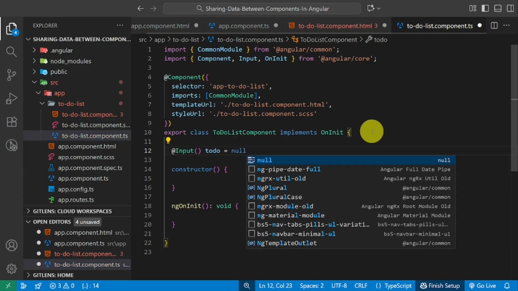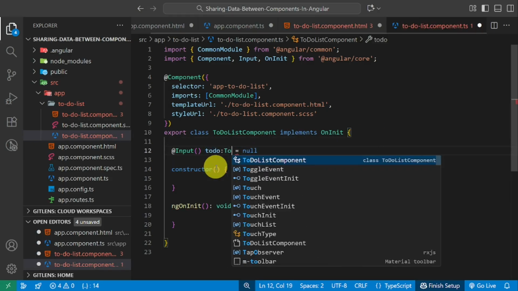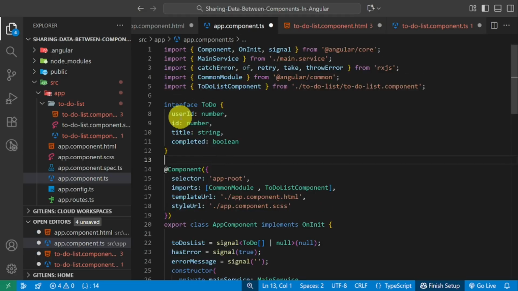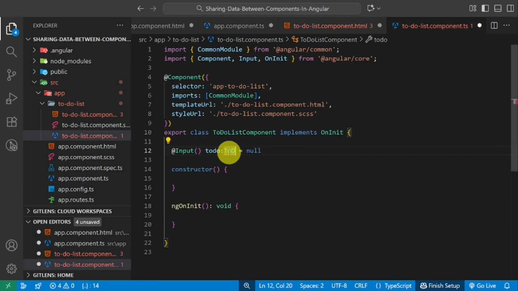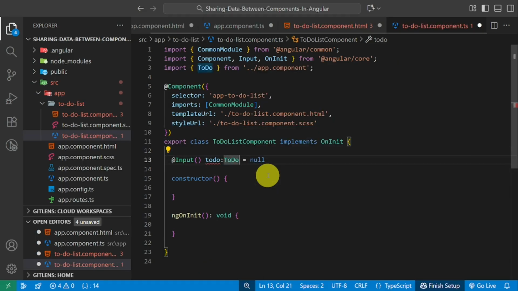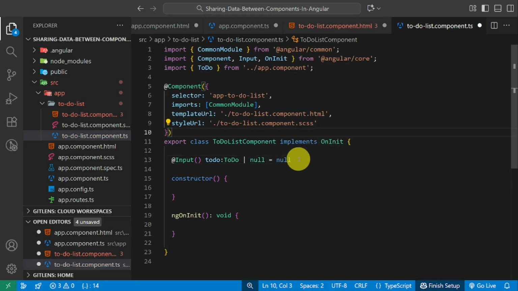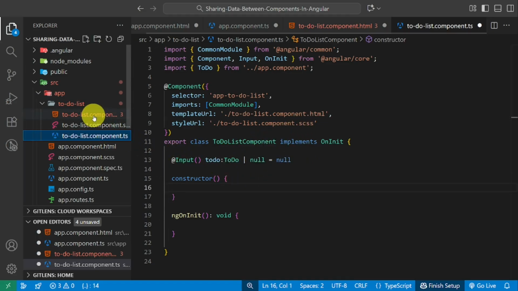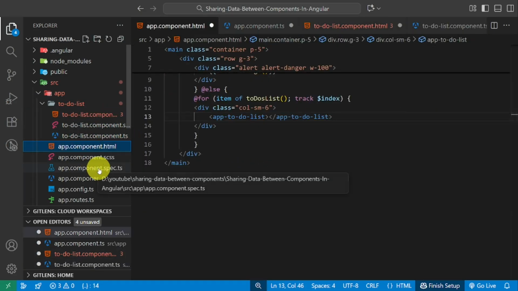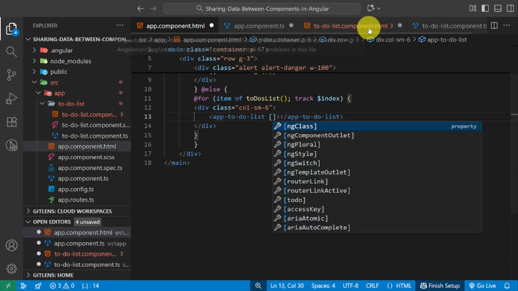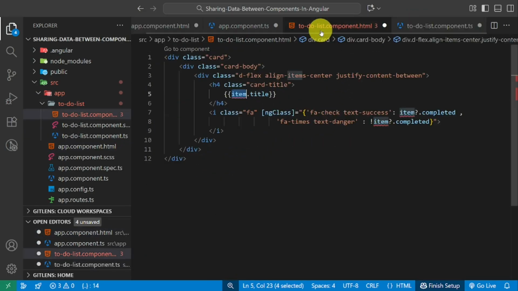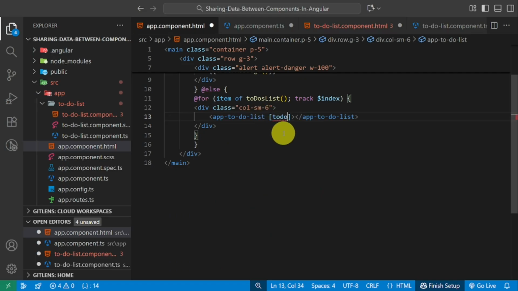Now we assign todo to @Input and we assign our interface to our @Input. Now in app component, I just use the todo property on the to-do list tag and I bind it to the item.